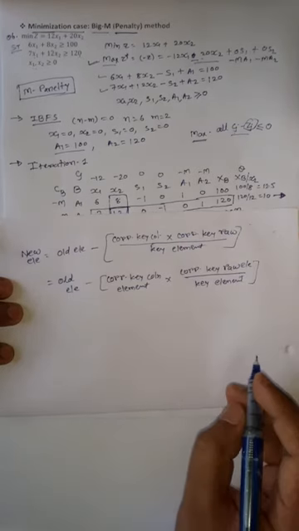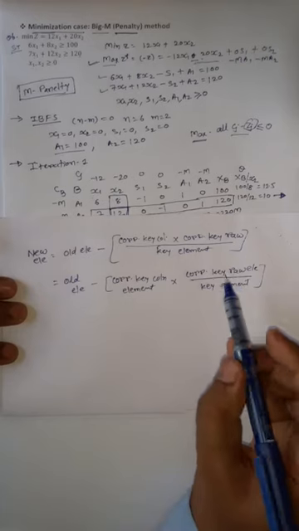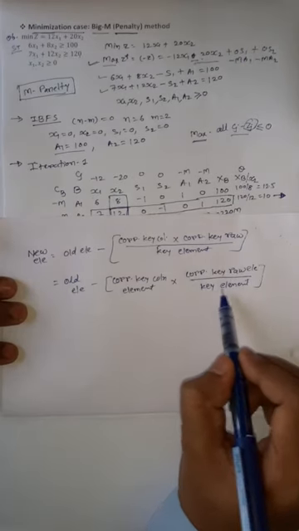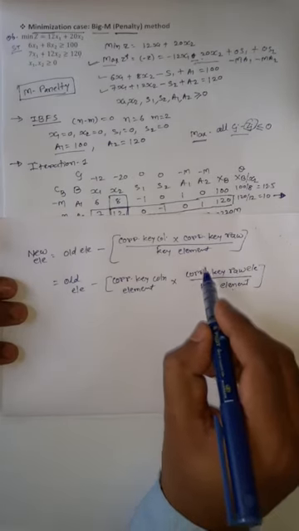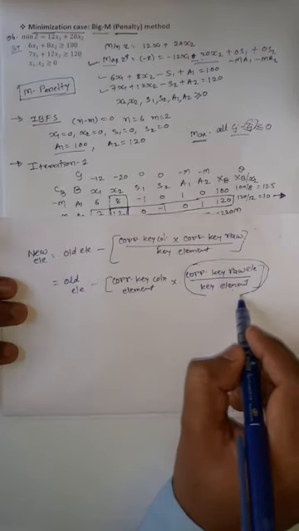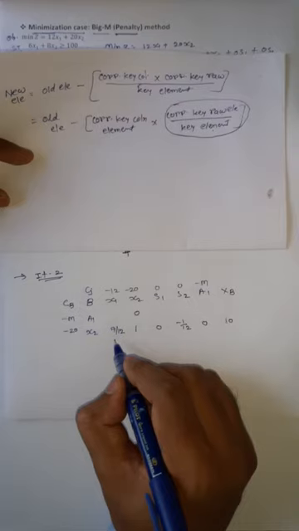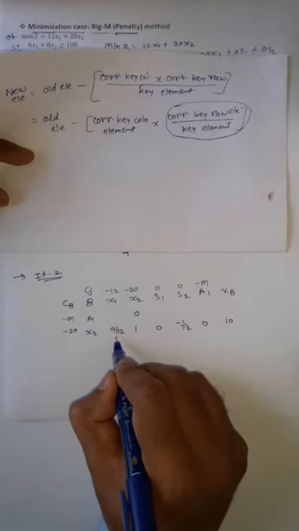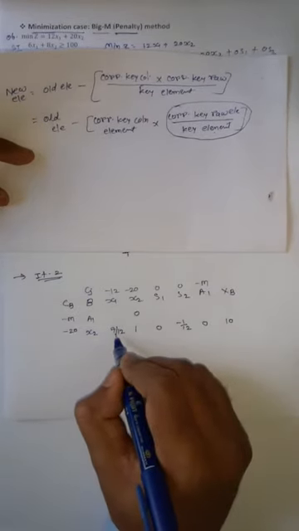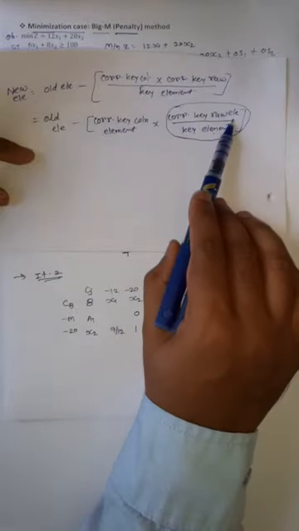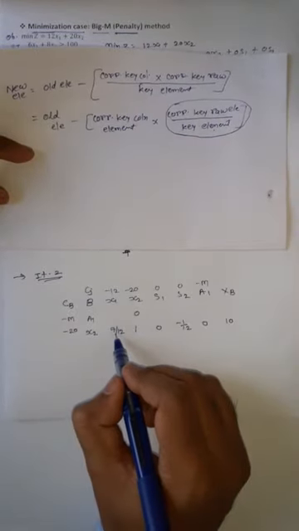Why did we do it like this? Because the corresponding key row element and key column element, the division of these two values, we have already done. In the second case, in the case of transformation or modification of the key row, the corresponding key row element divided by the key element is already done here.